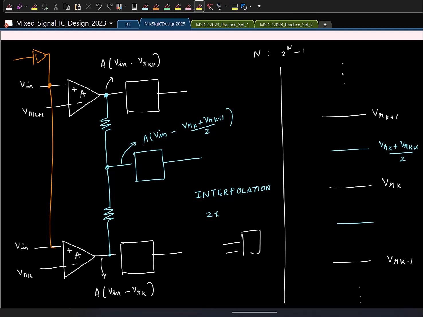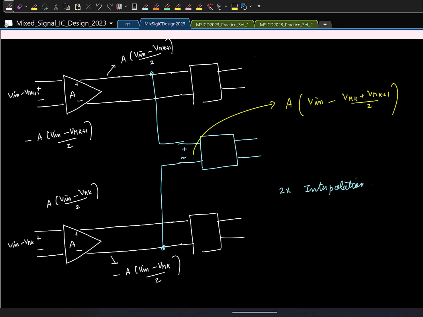And secondly, as he was pointing out, one of the issues is this. The entire premise is based on the assumption that if I take the average of these two, I get the required voltage. But if you have the two amplifiers, their gains need not be exactly equal. The moment you have mismatch in these two gains, you are completely screwed, right? Because of all these reasons, this was done in the olden times, but